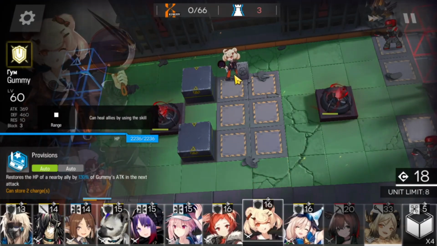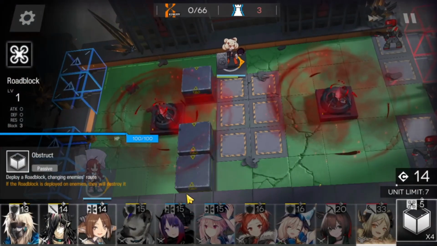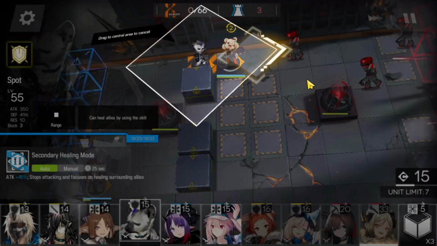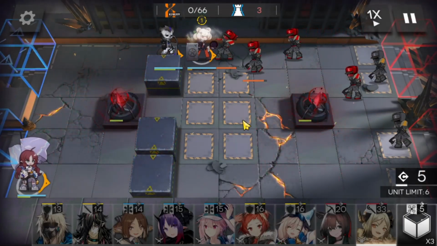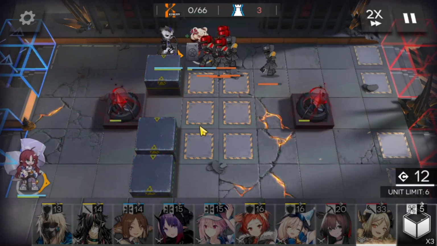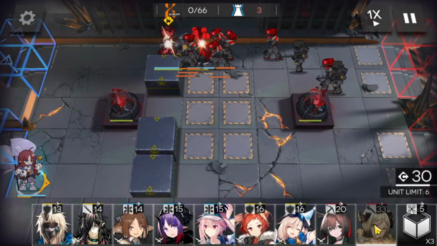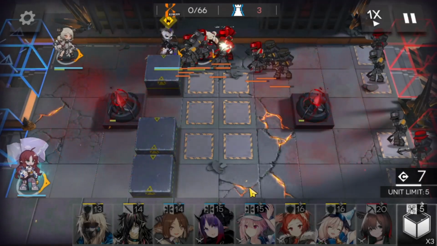We're gonna have Gumi top side, front of the block, and we're gonna block off the path towards Myrtle as well and redirect all the enemies towards Gumi. Behind Gumi we're gonna have a spot just next to the block, and here we're gonna need Ifrit, so we need to wait for DP. We're gonna need to get more DP from Myrtle, and then we're gonna bring in Ifrit. We're gonna go ahead and place her on the last tile there,